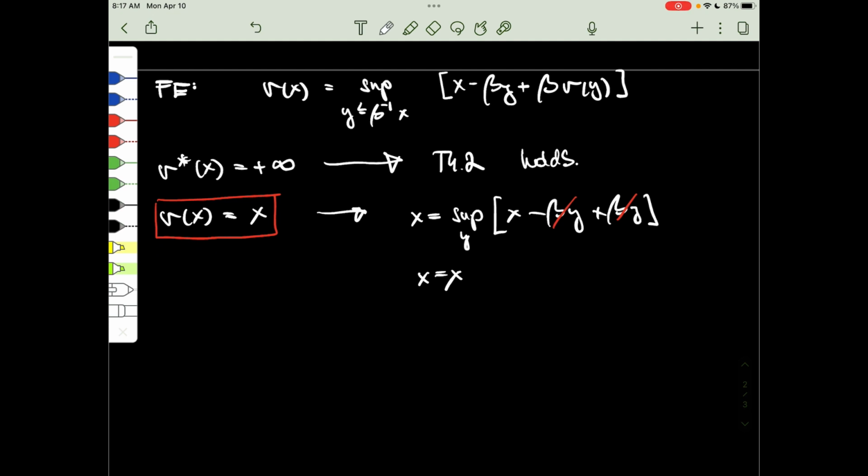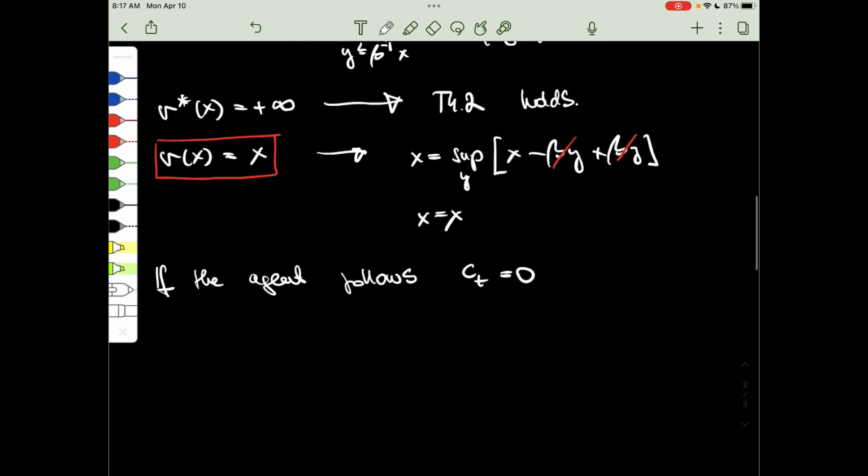And here is the point. If the agent follows this policy for every t, for all t, then